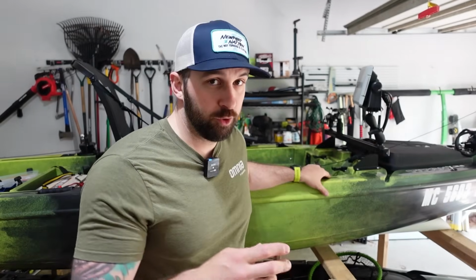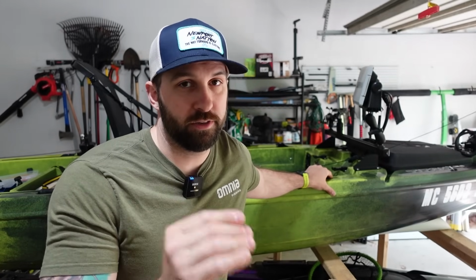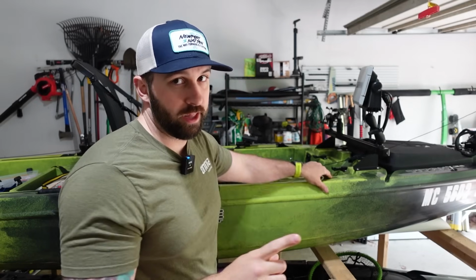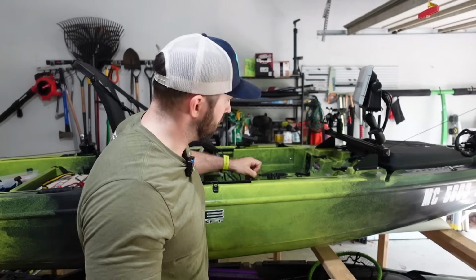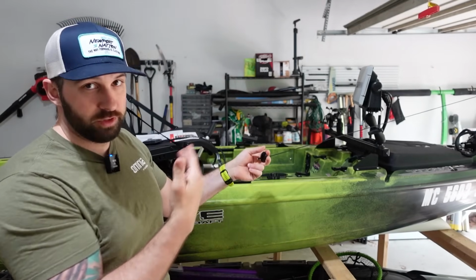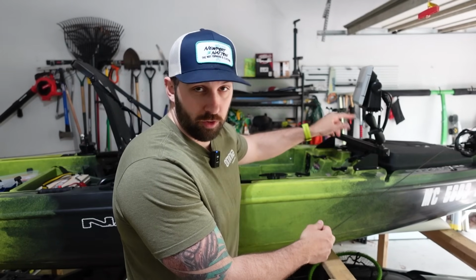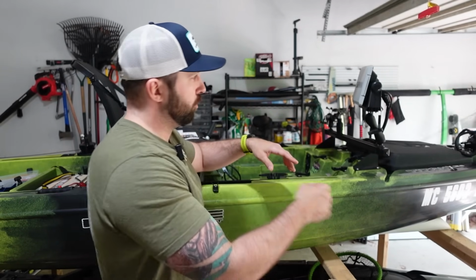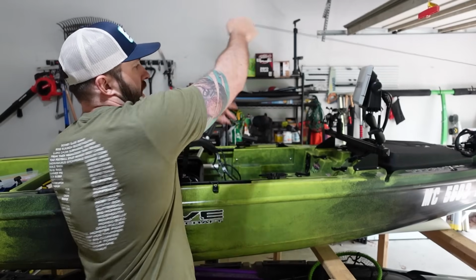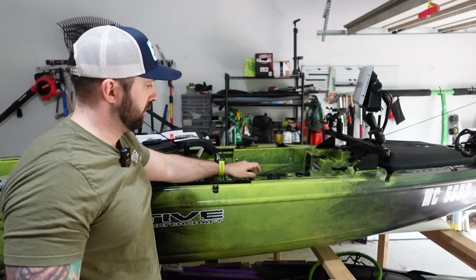So a split sleeve would be way better. And then I would love them to include 2 of the Yak Attack tie down track mount tie downs, right? The reason for that is that this right here is my pull cord for the Xi3. So if I want to pull this thing up, the problem is, let's say I have a console, because I do, and a lot of people do as well, there is no good position for this. I have to basically pull it center, and then I got to go around my fish finder